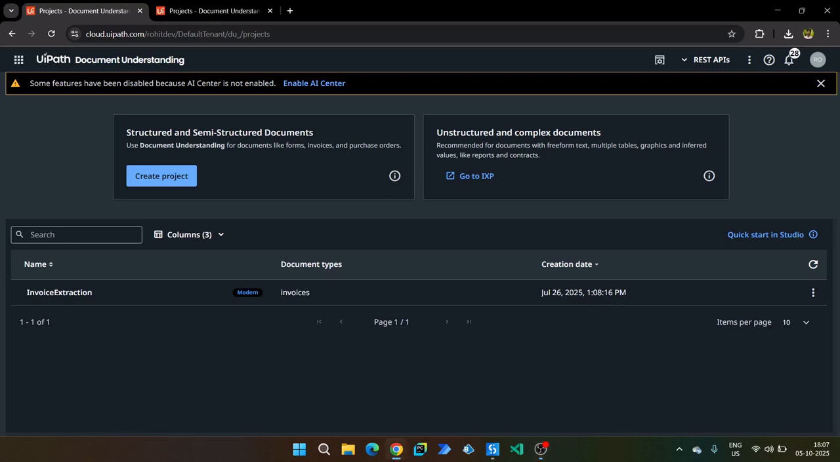So in this video, we'll see how we can migrate the document understanding modern project from one tenant to another tenant, or maybe how we can do the migration in the same tenant, referring to the same data set that we have trained the particular model on. Okay. To do that, before we go and see the steps for the migration,